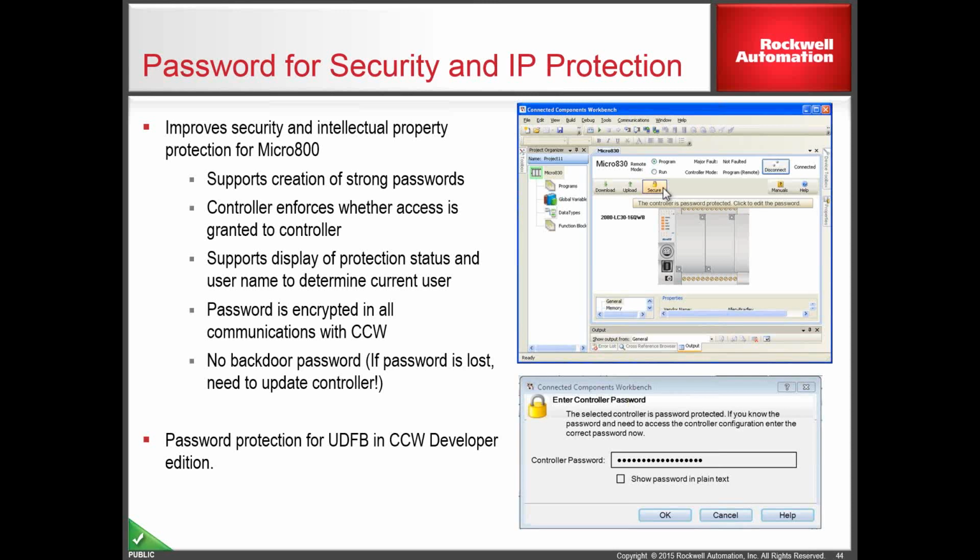We have that facility in CCW software, by which it will not allow anyone to get into the program level of your logic. So you can put a password. The password is encrypted in all communication with CCW. And if the password is lost, then you need to update the controller with new firmware.